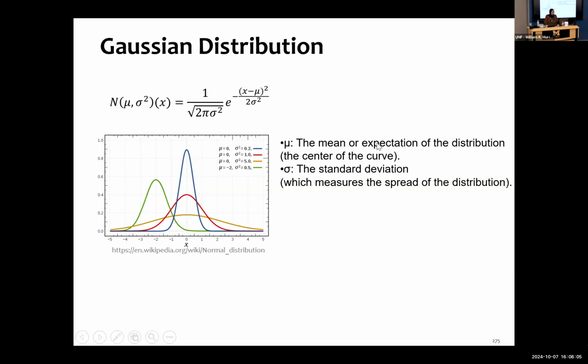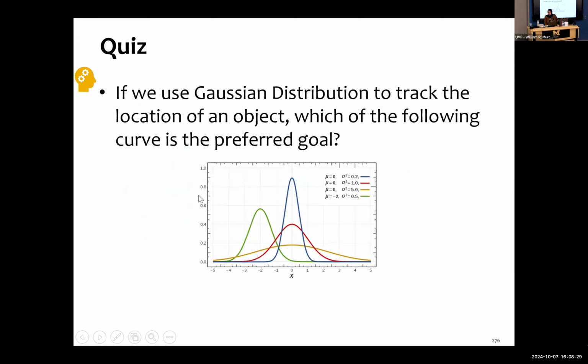Mu is the mean, or the expectation of the distribution, which is the peak. I expected you to be watching my videos 7-8 hours a week, for example. And sigma is the standard deviation, which measures the spread of the distribution. Each time you have a different value of sigma. So this is an example of the Gaussian distribution.